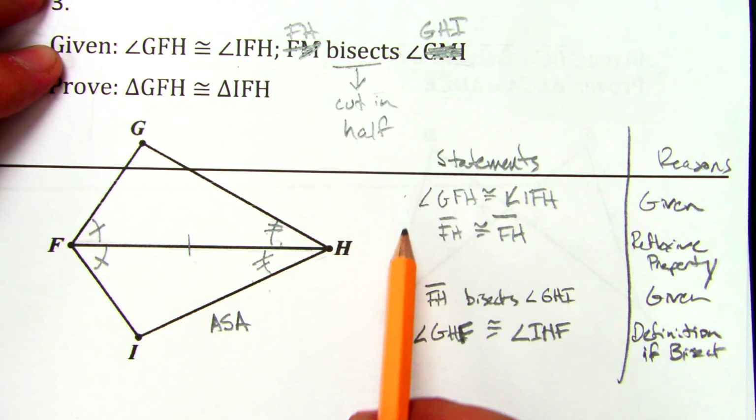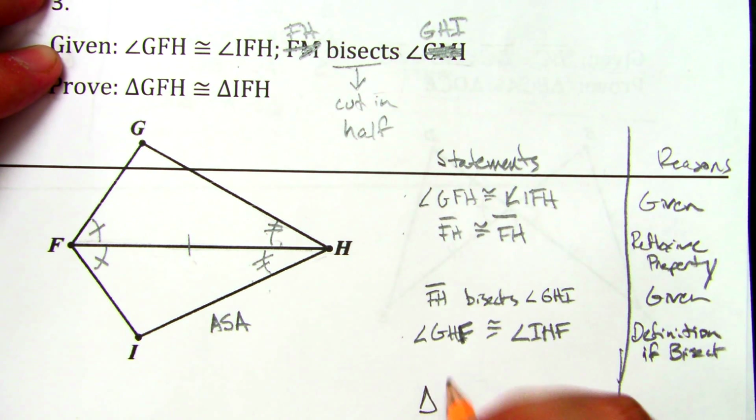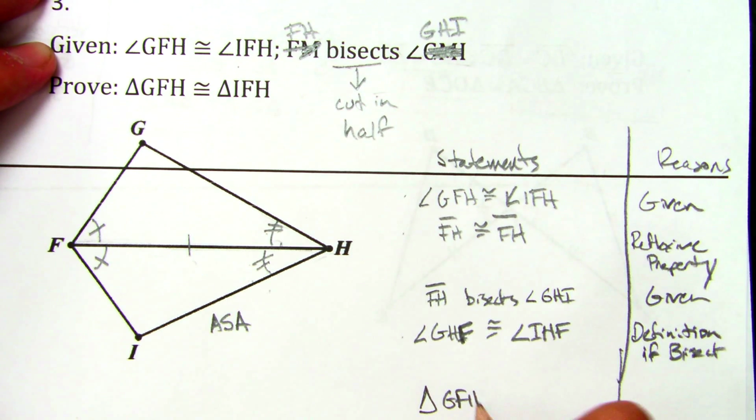Okay, now what do I have? I got my angle, I got my side, I got my angle. So I can say that triangle GFH is congruent to triangle IFH by angle, side,